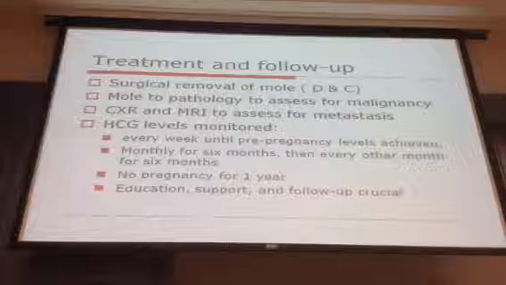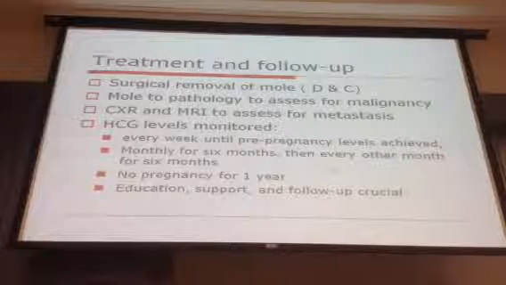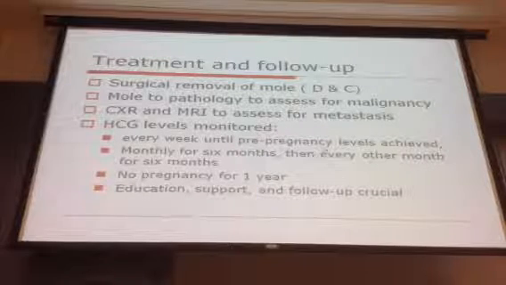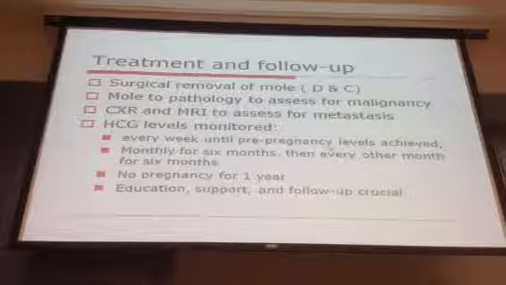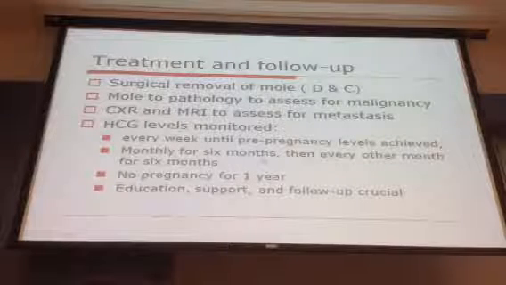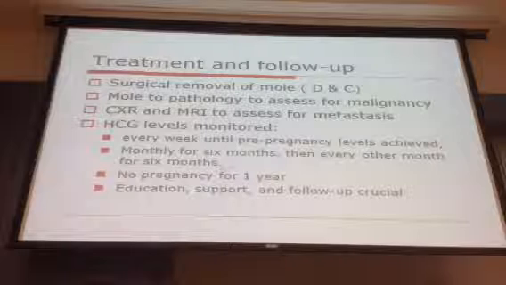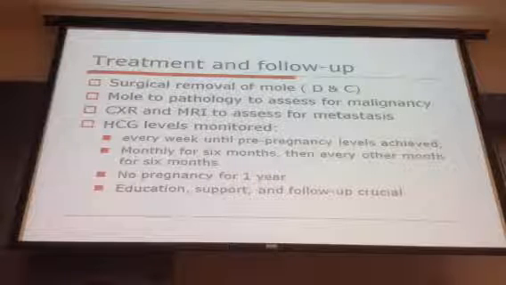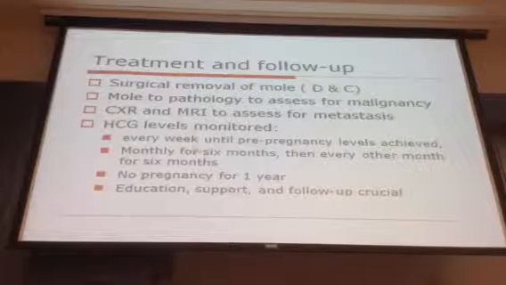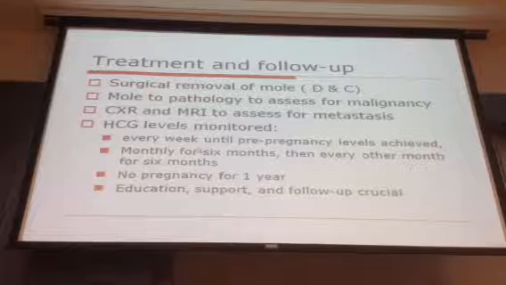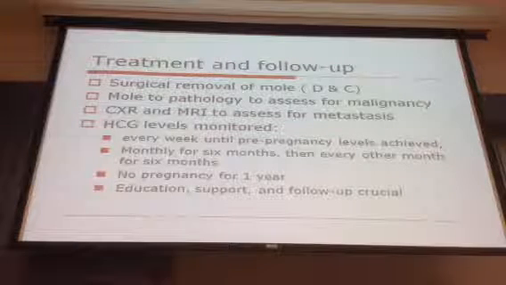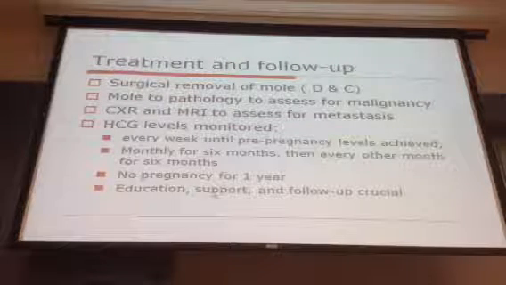So this is what's recommended right here, is that HCG is monitored every week until a pre-pregnancy level is achieved. So this is a lab test. They have to come in and have their blood drawn. Then they're monitored monthly for 6 months, and then they're monitored every other month for 6 months. So there basically is a year plus of follow-up, and they avoid pregnancy for a year,